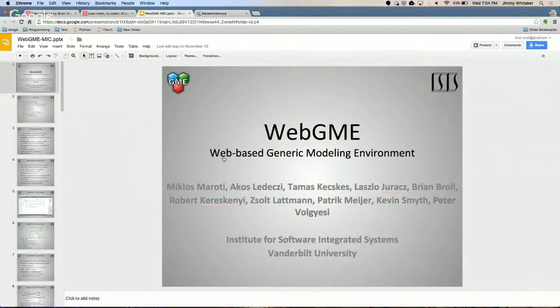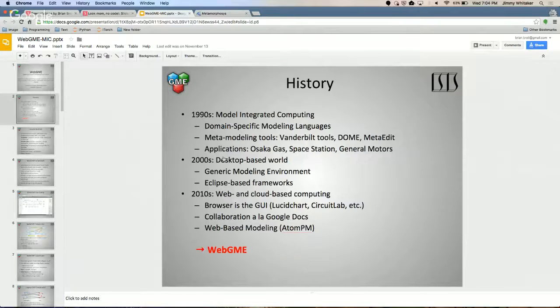But anyway, one of the problems they had with the GME was that it didn't scale, because you need to load the whole data model into memory, and you're on just one single machine. So that's a big reason why it became web-based, as well as, of course, collaboration and such.